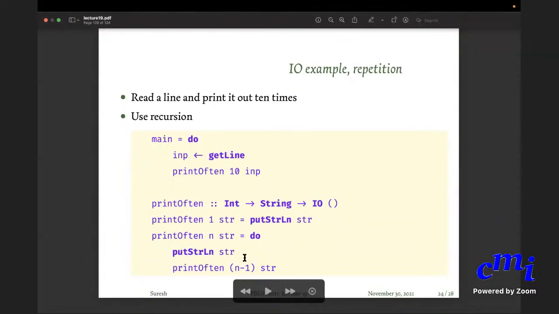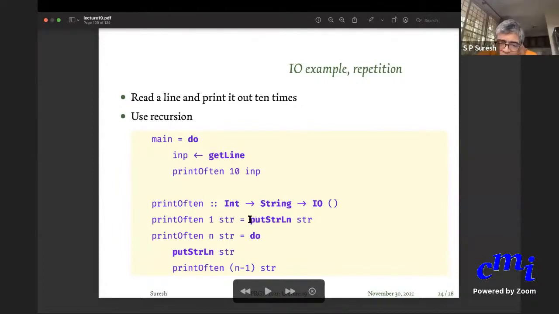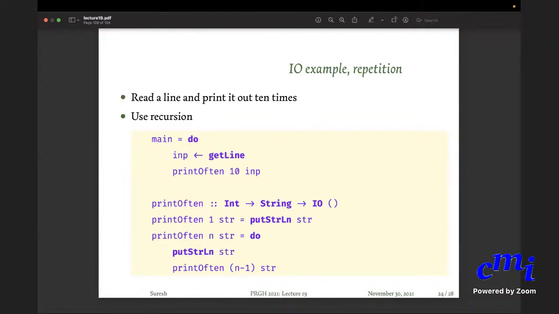Yes. So for the 0 case, why can't we just have no putStrLn lines and call that a side effect? Yeah, but you have to have something there. That is why I'm calling return unit. That is really doing that. Return unit is not do. Return unit has the side effect of not doing anything. It will return the value of a dummy unit. Nothing there. You don't want anything to happen, but you want the types to match, which is why you put return unit. Okay.